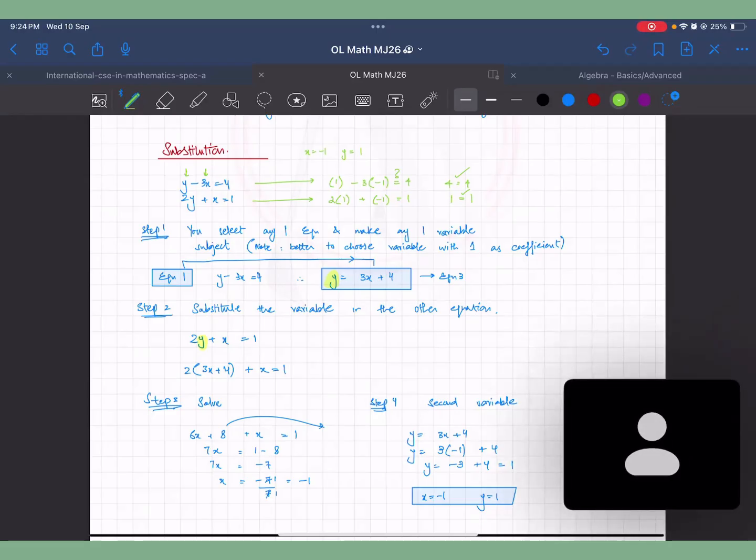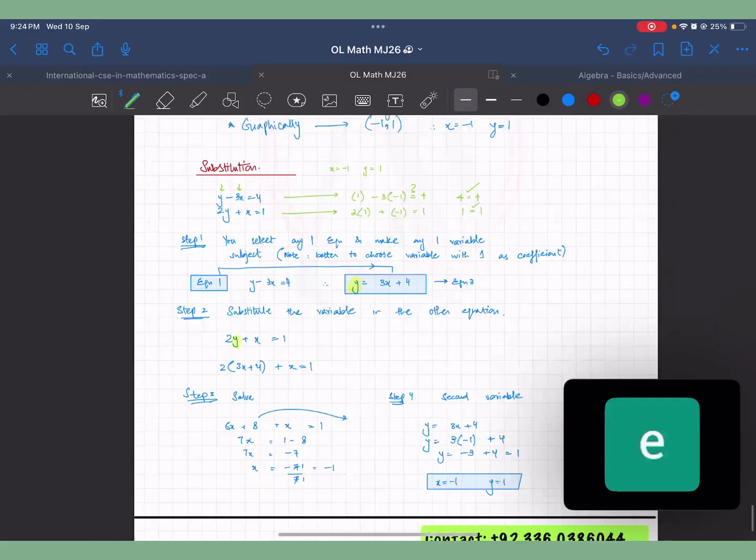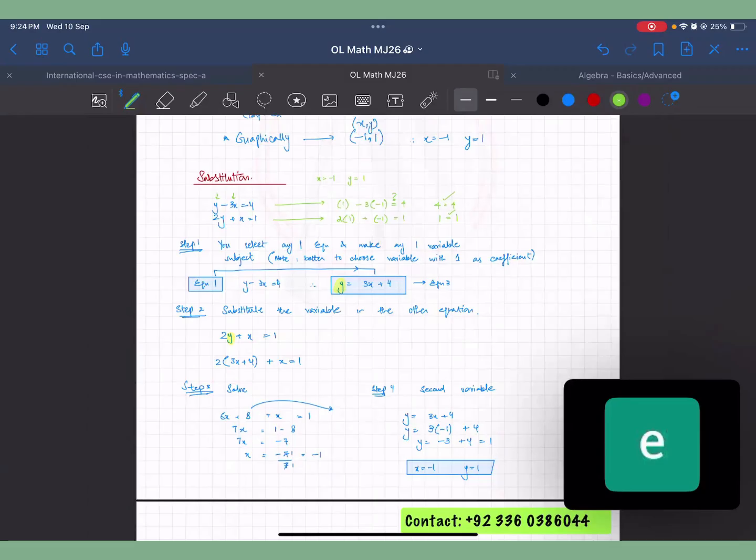Ishal, do you get it? समझ आ गया. It's a very logical thing. You may not comprehend it fully right now, but eventually when you do 5-6 questions, then you can check your answers as well. So in the exam, if there's a P1 and you don't have your calculator, how will you check your solution? You would do the complete working, get the solution out of it, and then put the solution back in the question, and if you see that both are satisfying, then your solution is right.